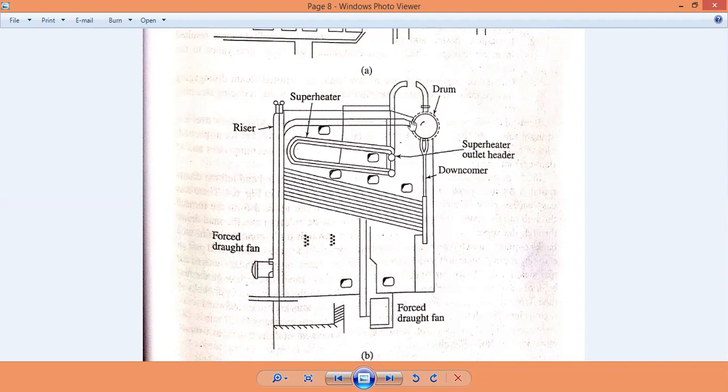Thus, there are longitudinal drums and there are also cross drums. Both can accommodate many tubes, and both have their limitations and advantages. Parallel drums have low pressure and low steam capacity, and heating